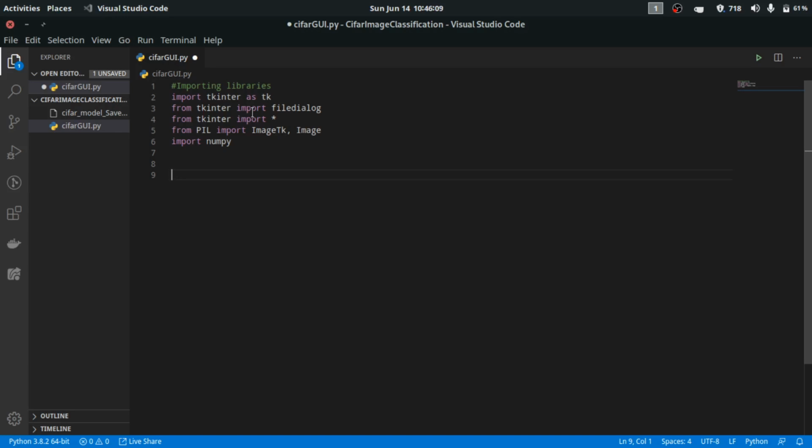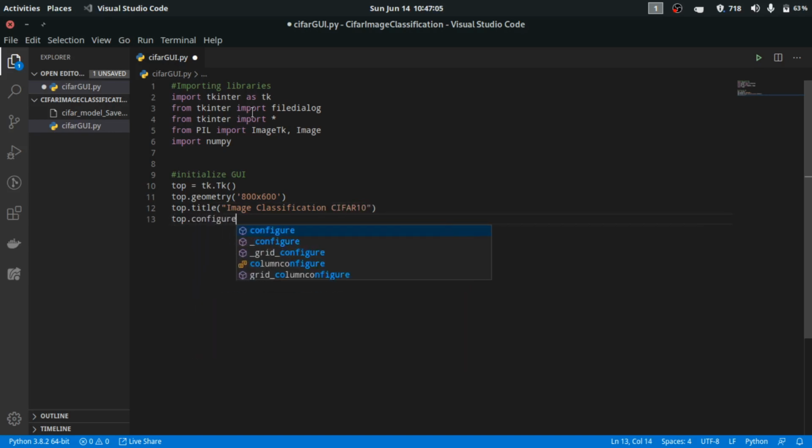After that, now the very first thing in Tkinter is to initialize the GUI. For that you have to just call the constructor, or you can say create the object of the tk class. So I am going to use top equals tk.Tk. After that, set the height and width, or you can say parameters of our GUI application using the .geometry method. Then we will assign it a title, like I am choosing image classification